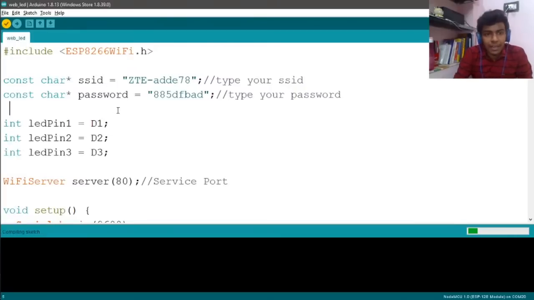It is still compiling, it is taking some time. If you see the bottom,